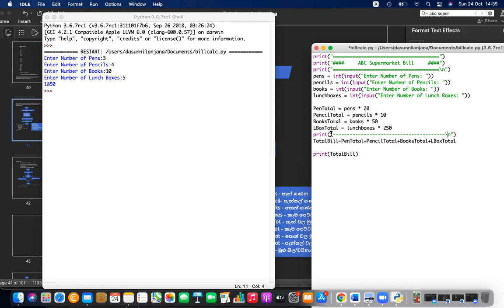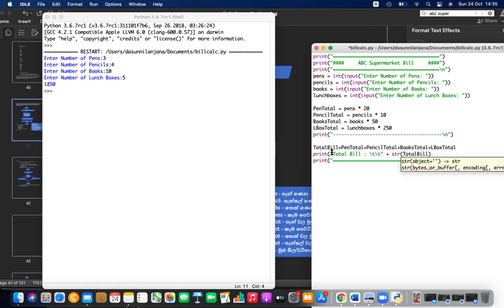These are to decorate the page, right? Then some equal signs. Here you have to say total bill, then colon, few tabs, and str, the total bill.